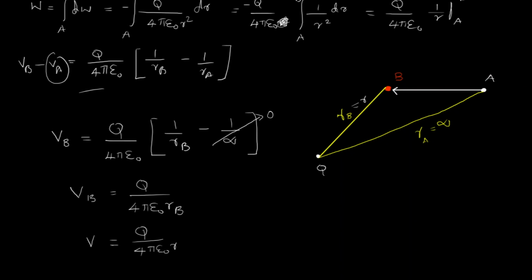So this is my final expression for electric potential. It is known as electric scalar potential because the potential is measured at a point, it does not have any direction, because it is a measurable quantity. It does not depend upon direction. So this is always a scalar quantity. So electric potential is also known as electric scalar potential.